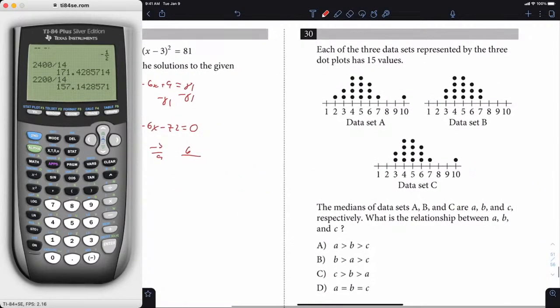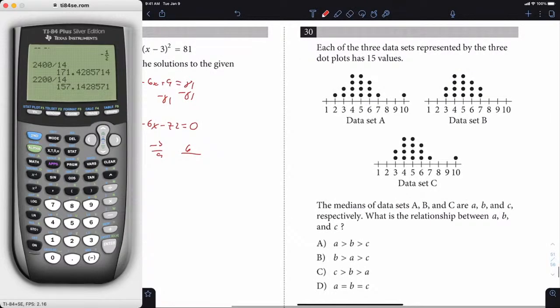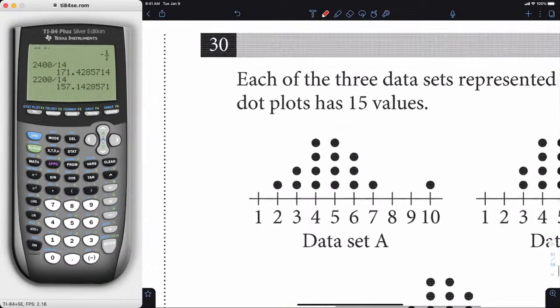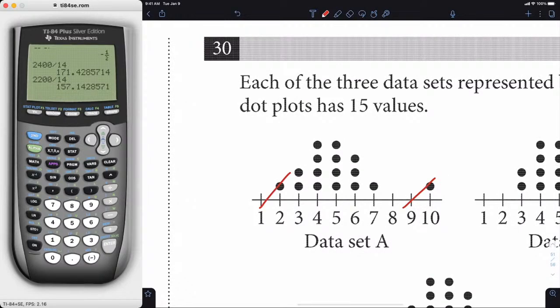Cool. Each of the 3 data sets represented by the dot plot has 15 values. The medians of dataset A, B, and C are A, B, C respectively. What is the relationship between A, B, and C? Okay, we're looking at medians here. So let's look at this median here. We can just find the median by crossing off 1, 2, 3, 4,